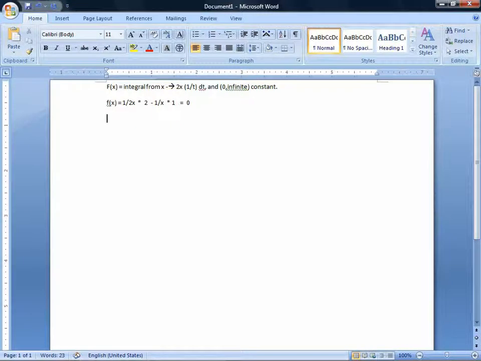Now then, if I want to return to the original function, which is the antiderivative of this, that would be equal to 0x plus c, or more simply, just c. Now then, this constant for the entirety of this function